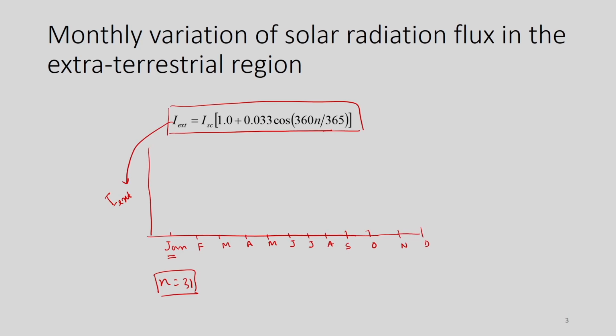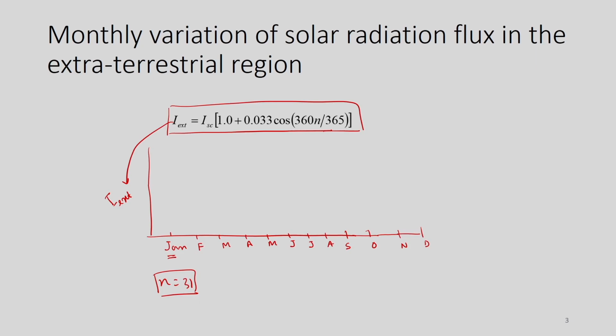So, that way you can calculate, but people have recommended that if we take a particular day of a particular month as a representative day, on that day we can calculate the extraterrestrial radiation for the particular month. So, maybe at the end of the month, we can consider and see how this